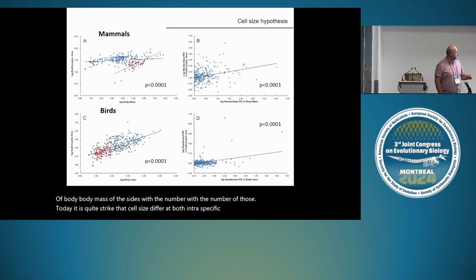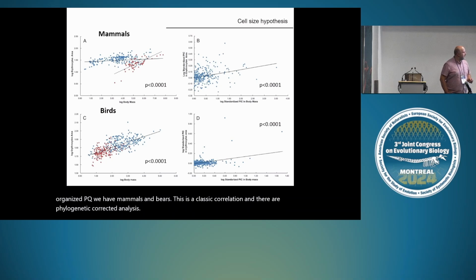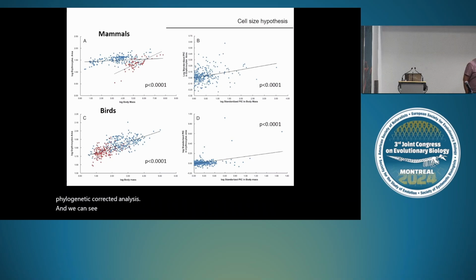In many groups of organisms, here we have mammals and birds, this is a classic correlation, and there are phylogenetically corrected analyses. And we can see that the size of cells depends strongly on body mass, and within a very narrow range of body mass, we can see great variation